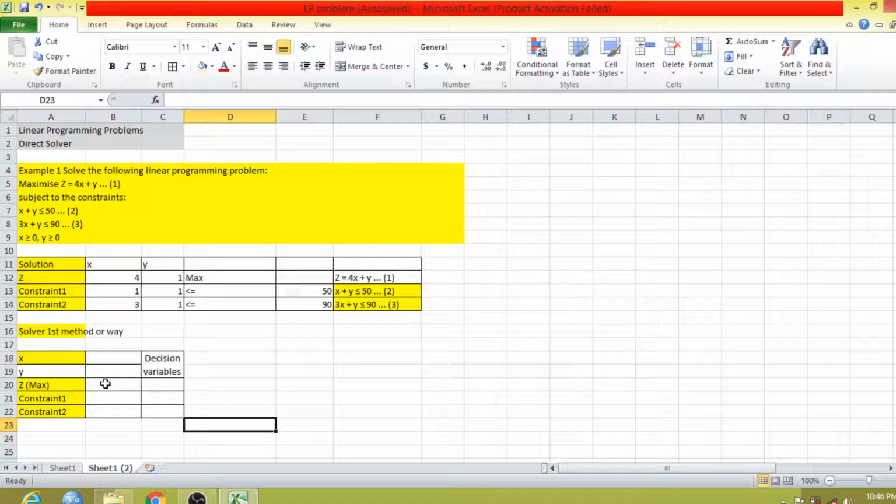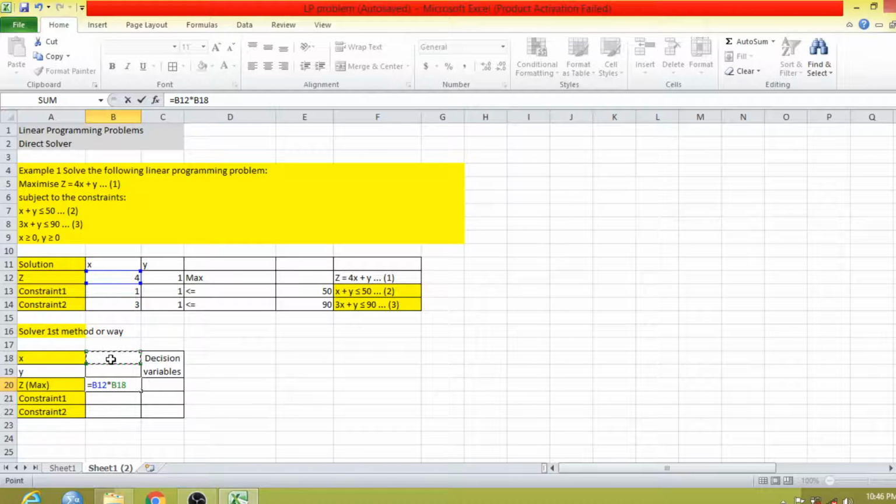Now we will put the value of the z function, constraint 1, constraint 2, manually as per the given values in this particular matrix. So first is equal to 4x. We will select this 4, multiply with the value of x, then plus the value of this multiplied with the value of y, enter.